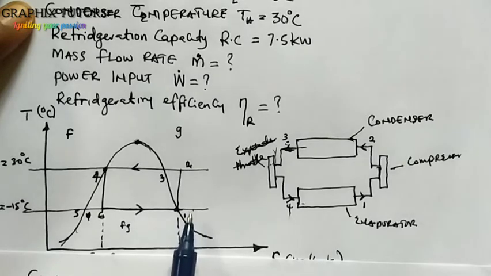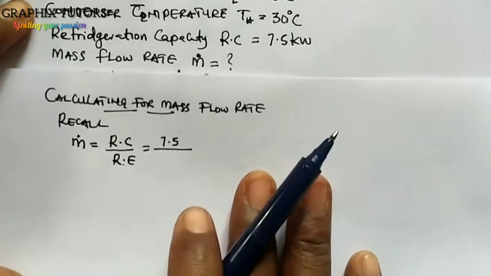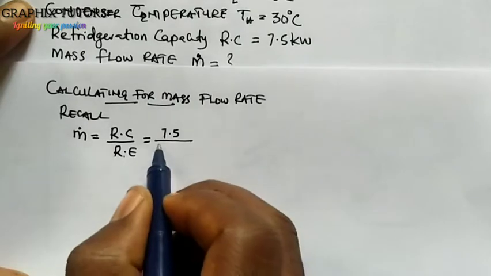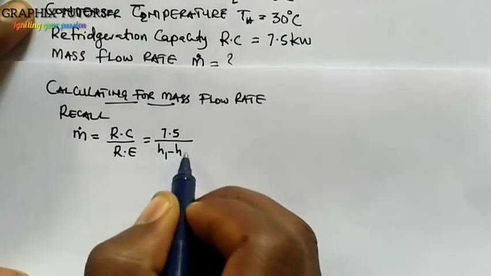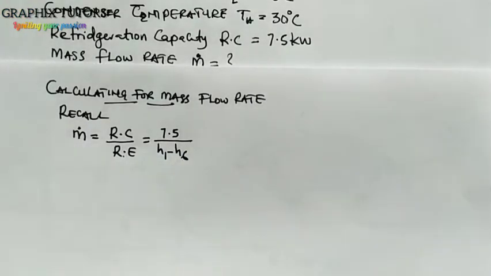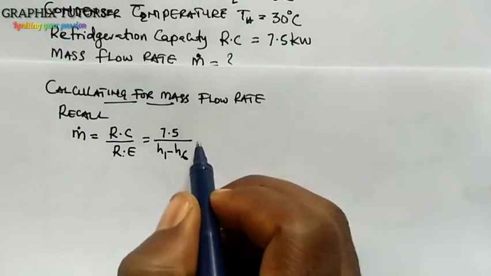So the refrigerating effect will be H1 minus H6. H means the enthalpy. Enthalpy is the energy, right? So the energy at state 1 minus the energy at state 6. So I'm going to call this my